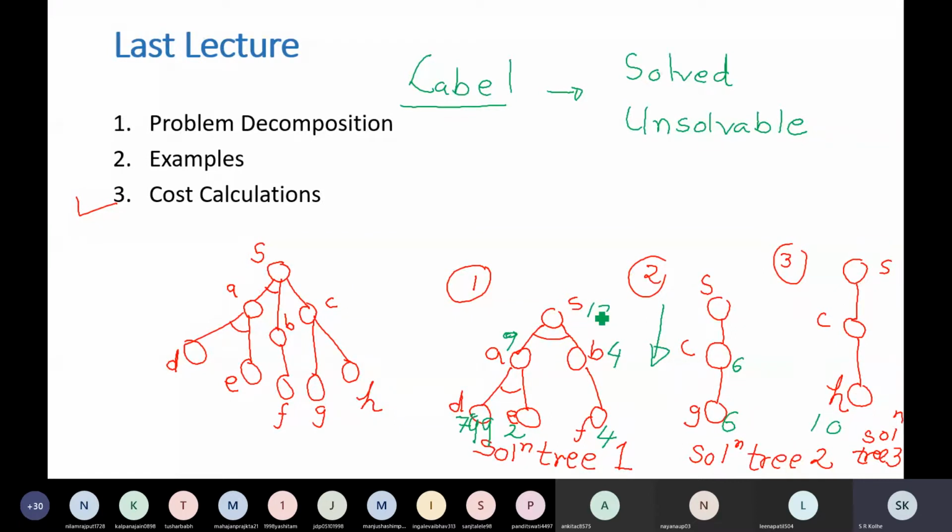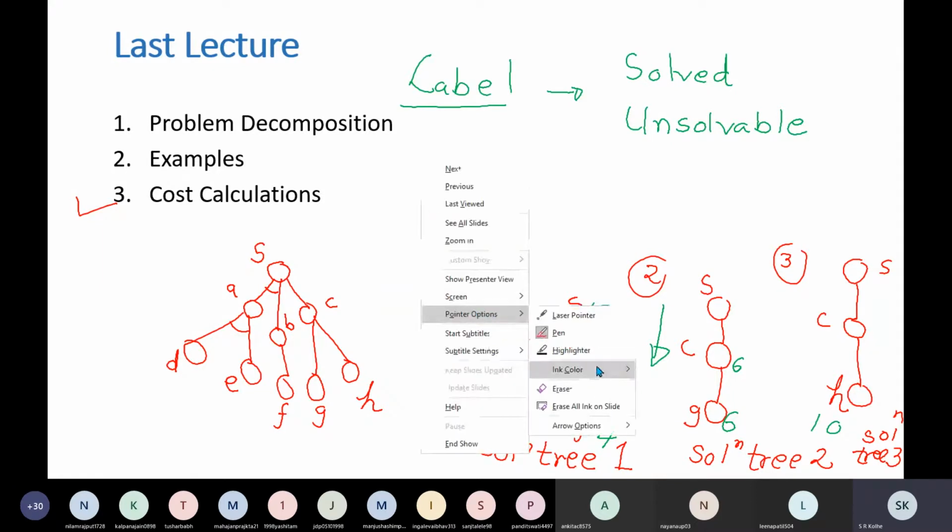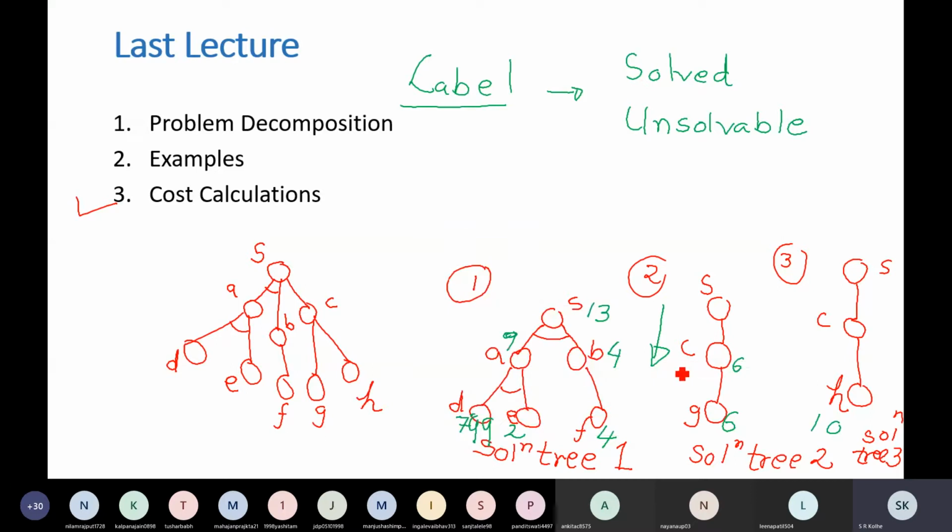And when is a node solved, when are you going to label it as solved? If the node is a terminal goal node. Recall, we showed terminal goal nodes by a concentric circle last time. For example, suppose G is a terminal goal node. Okay, G has cost 6, so it cannot be. Suppose some other node I is connected to G. If it happens to be a terminal goal, we are going to show that by two concentric circles.